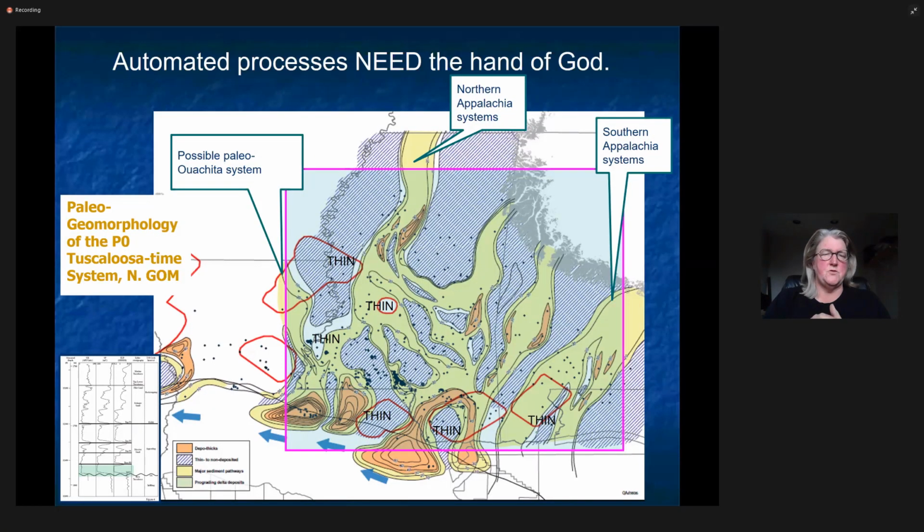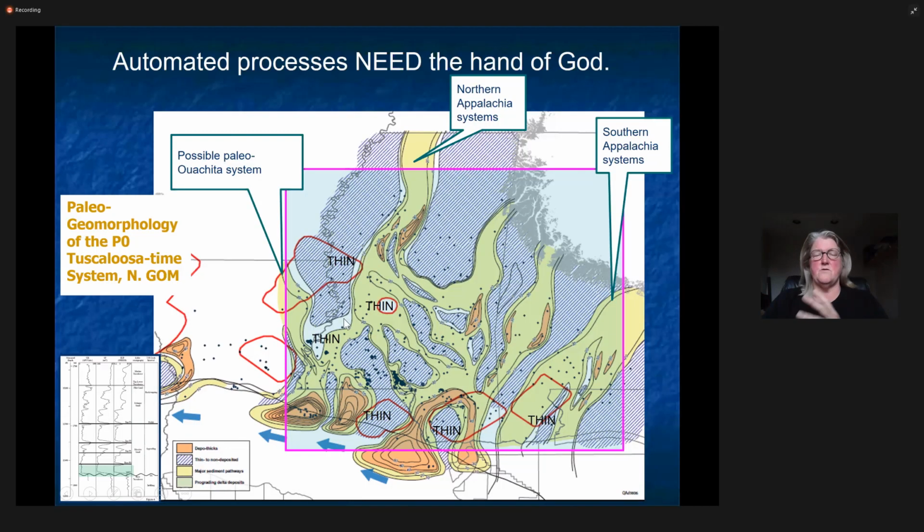So this is the paleogeomorphology of the P0 Tuscaloosa time. So this is breaking it apart. And you can see that we have thins for a reason. They're highs, probably older structural highs. This is from some of the older Ewing mapping, and they're not in exactly the right location, but that's okay. These show general thins, and then the thicks can be made sense of. And we began to look at different source systems. We began to look at different thicks, and moderately thick, and then thinner areas within these, if you place the computer mapped information within some context.